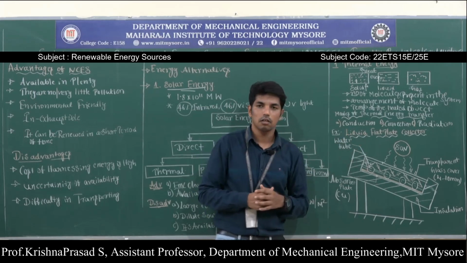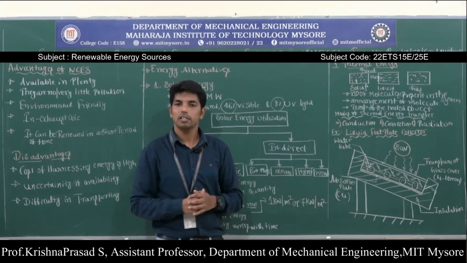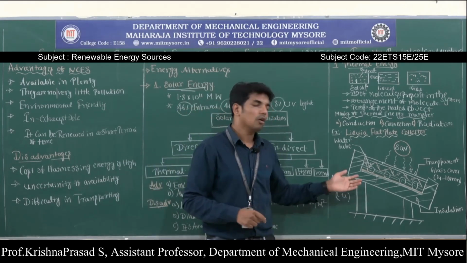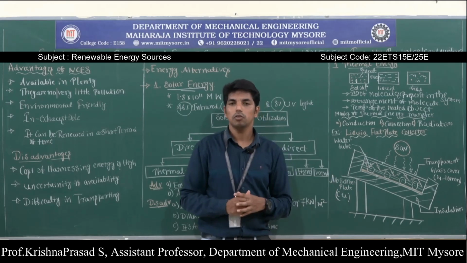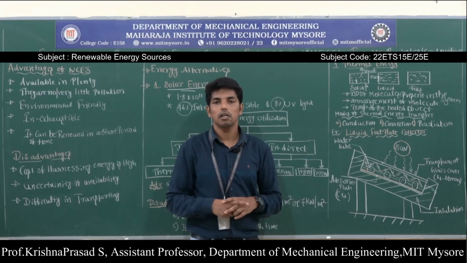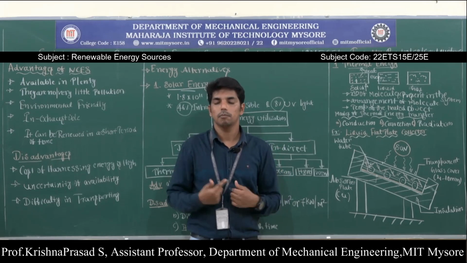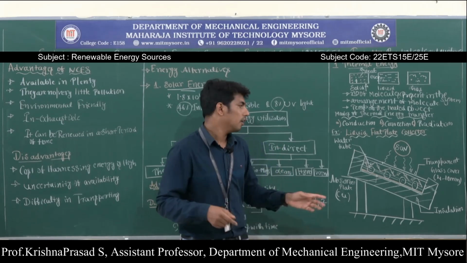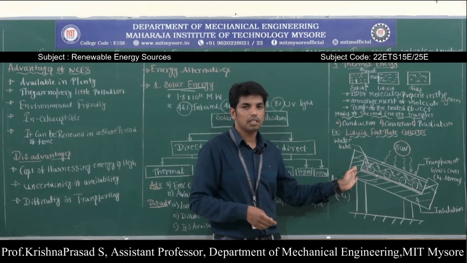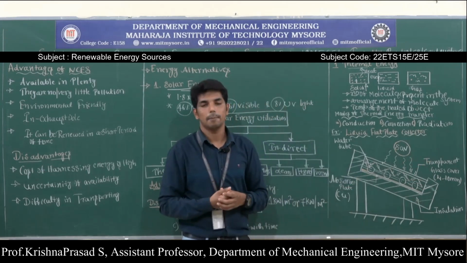Next, the working of the liquid flat plate collector. This liquid flat plate collector is mainly used for low temperature applications like heating and cooking purposes. We all know that in the case of the solar water heater, we have two tanks. One is called the overhead tank, and the other is the cylindrical solar water heater tank. Initially, the overhead tank is connected to the input of the liquid flat plate collector, and the output of the collector is connected to the solar water heater tank.